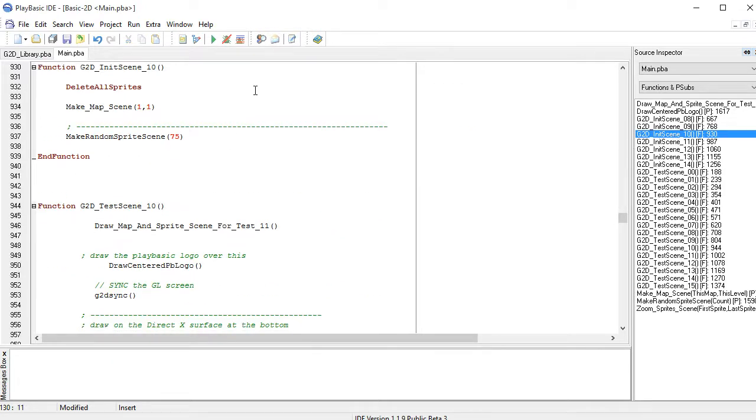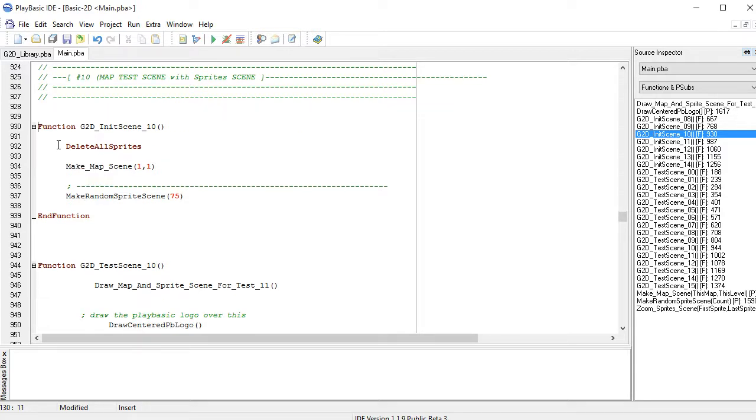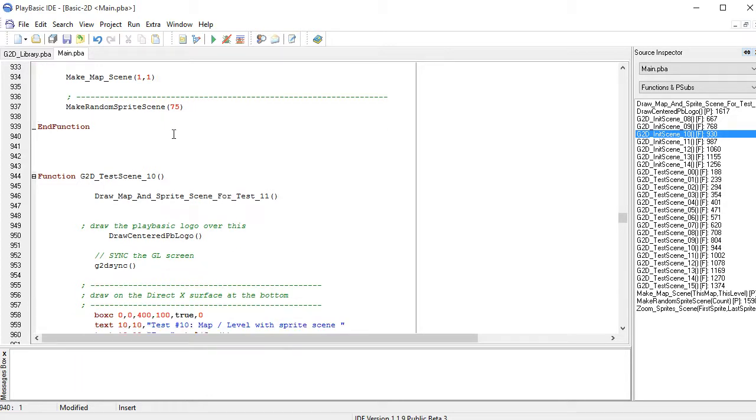So, pretty abrupt. Okay, so it's saying this is a map test scene with sprites. I can't remember. So we're deleting all the previous PV sprites. We're making a map scene. Obviously, some standard junk scene that we create between each test. Making some random sprite scene. I'm assuming that's like 75 sprites maybe. Once it's done that,